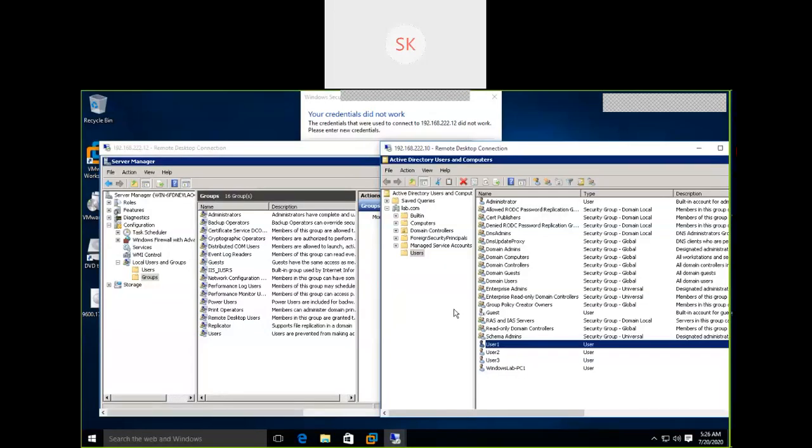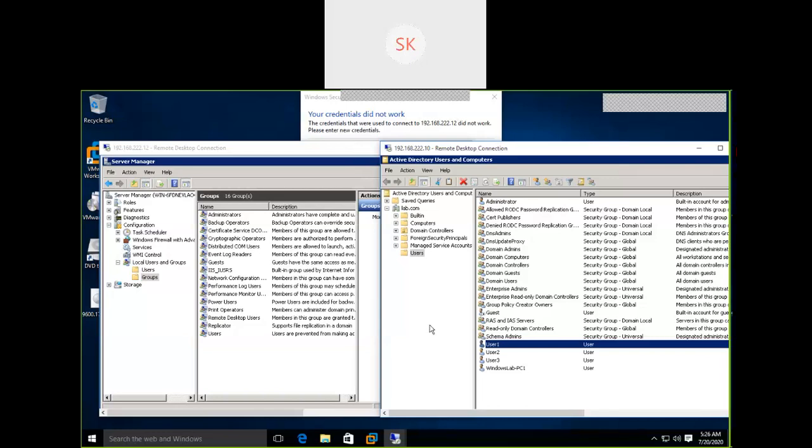First, what we did, we added an individual domain user to a local group. Now, I'm going to create a domain group. How to create a domain group? Why do we need to create a domain group? The purpose is, we have different departments. Each department should be able to log in to their respective servers or systems.